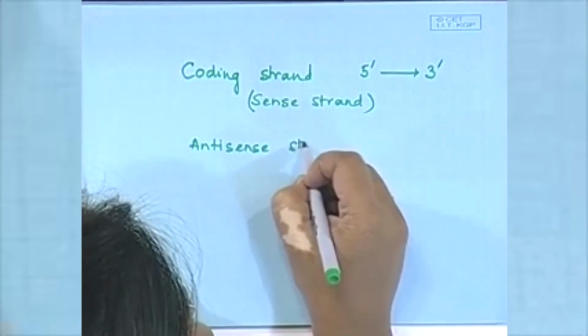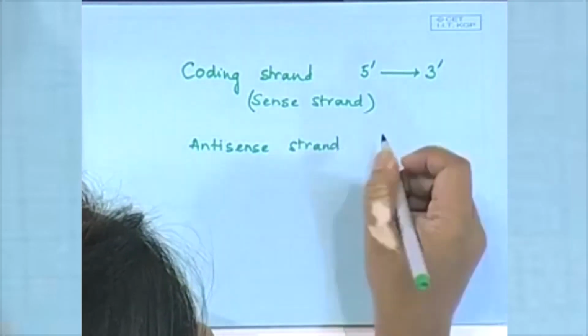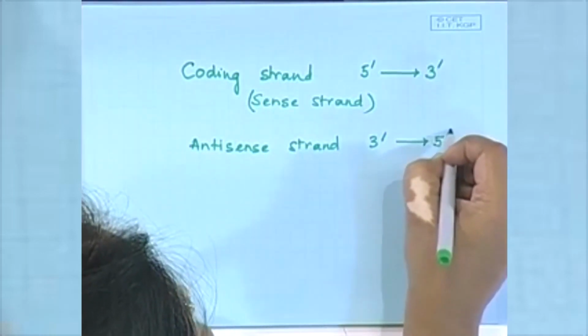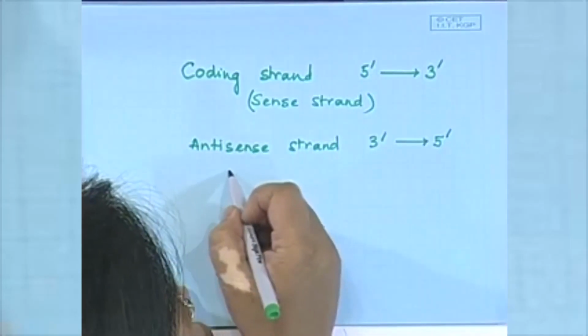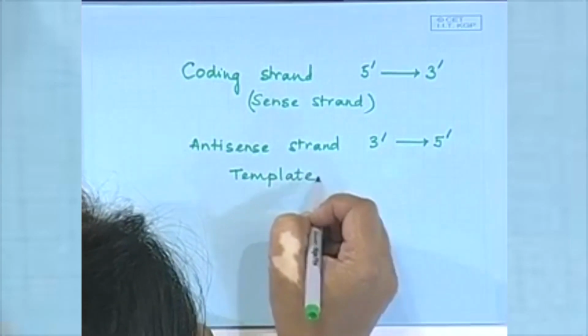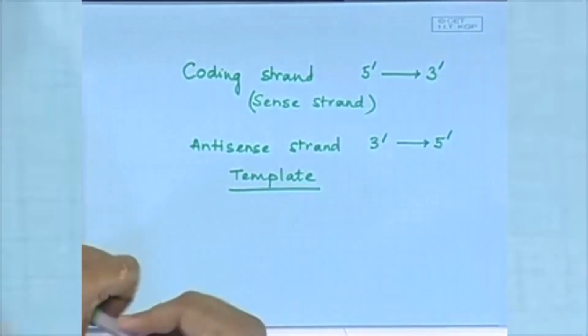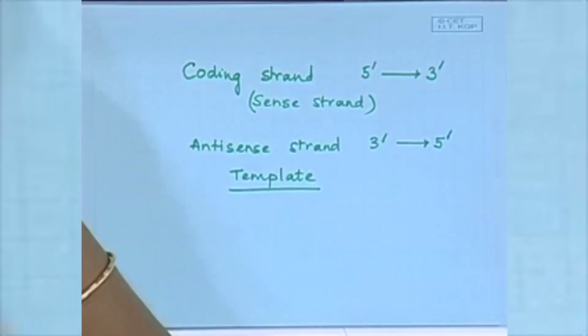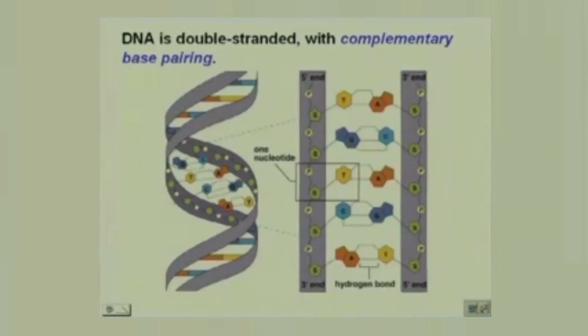The anti-sense strand goes from the 3' to the 5', and this is also known as the template strand, because it provides the template for the mRNA, the messenger RNA, which we'll see in a moment. Okay? So if we go back to the slides here,